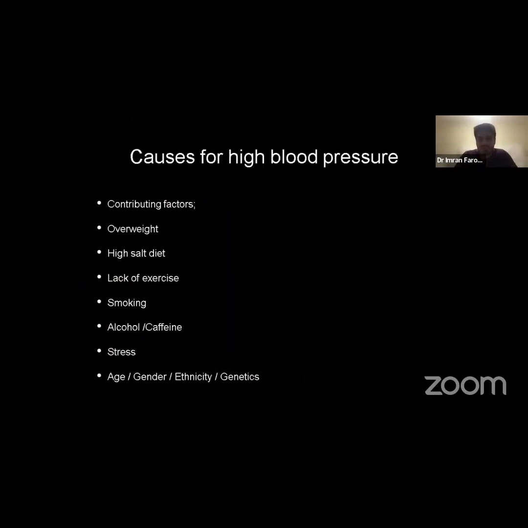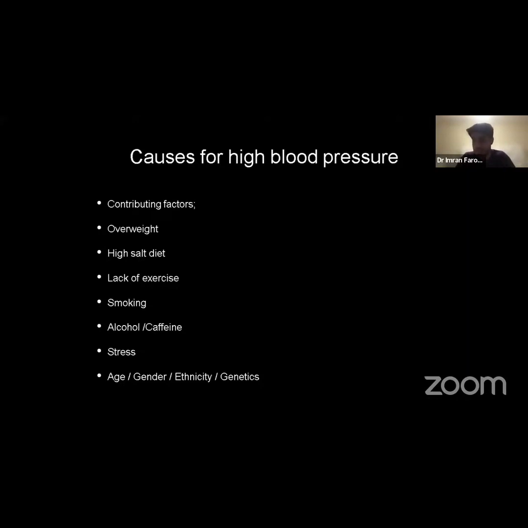So now that we know what blood pressure is and how to keep an eye on it, it's useful for us to all know actually what causes us to have a high blood pressure. So there are a number of different factors, and the reality is it's not going to be just one of these. It's likely to be what we say multifactorial, an addition of different risk factors that all come together.